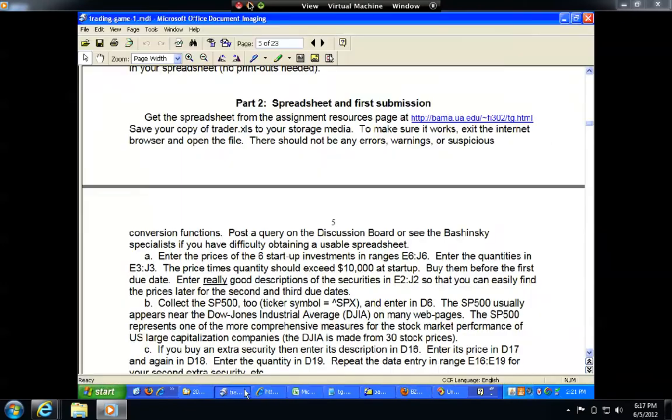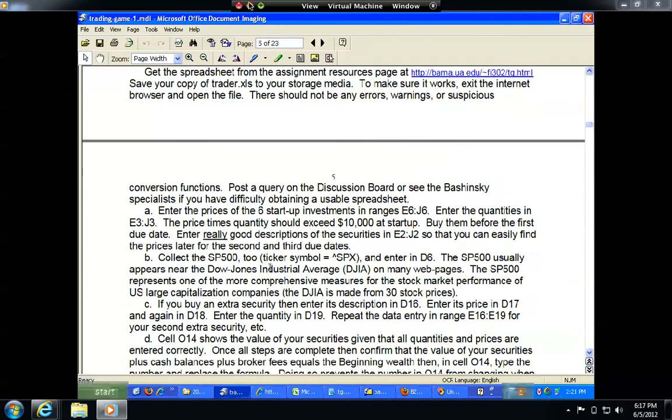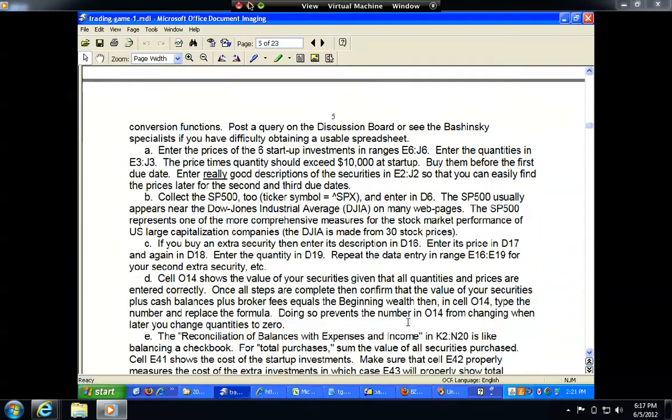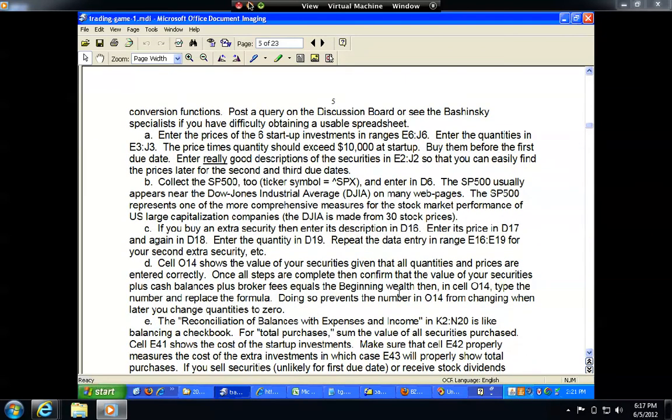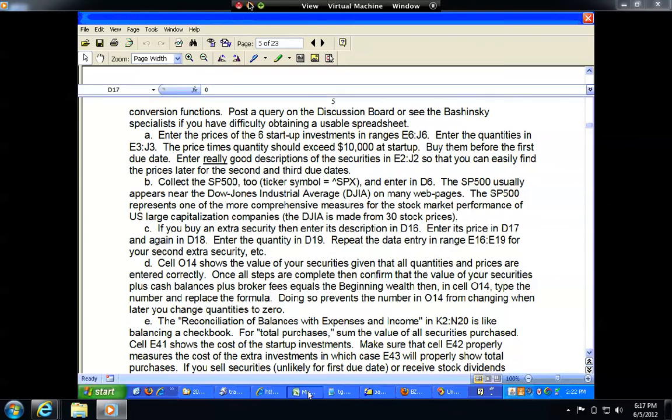So okay, back to the document. We've collected the S&P 500. Yes. We didn't buy any extras. Okay. And now what I need to do is make sure that cell O14 shows the value of all my securities is correct. So I'm going to go here to O14,